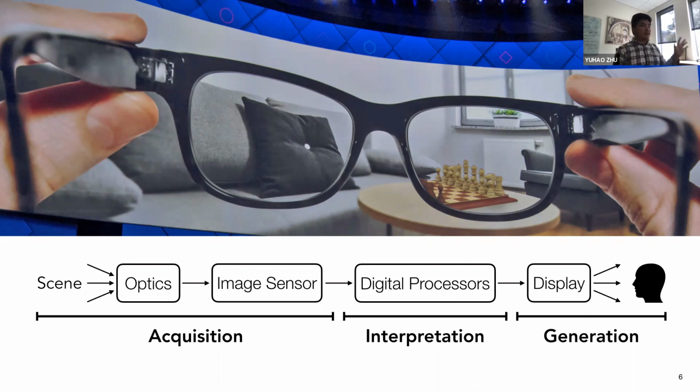And you'll see that it relies on the camera, including the optics and sensors, to acquire images. And then you run some computer vision algorithms on the processor that interpret the images to, in this case, estimate the pose, the orientation of the table, so that GPUs can render the virtual chessboard and properly overlay this on top of the table, right? And then the overlaid chessboard is going to be displayed to you, so lights enter your eyes, right? So in this grossly simplified pipeline, it exercises acquisition, interpretation, and generation at the same time.